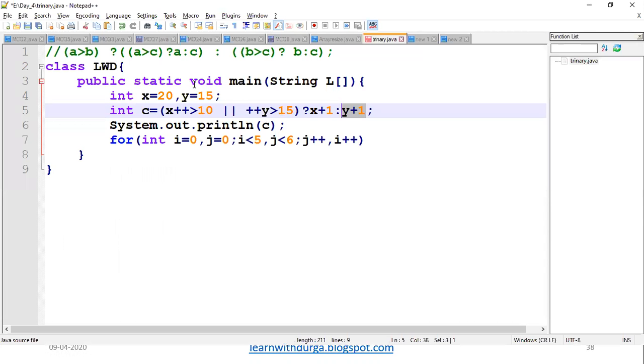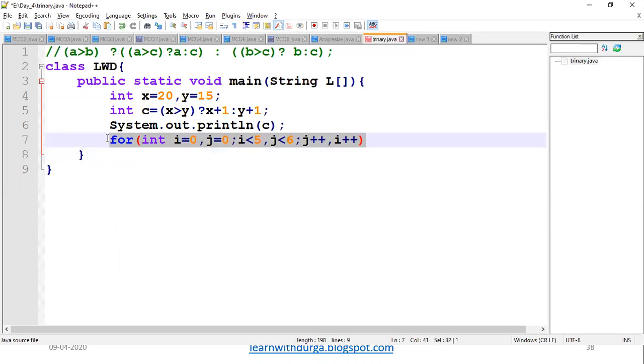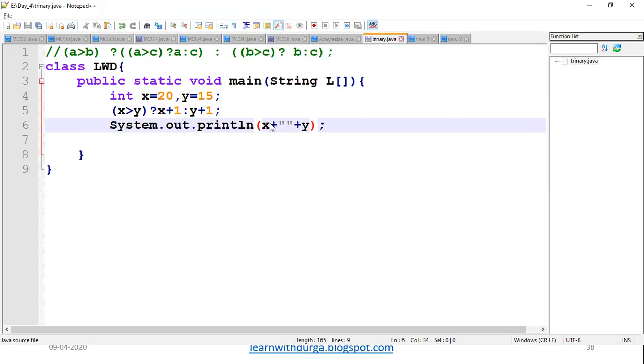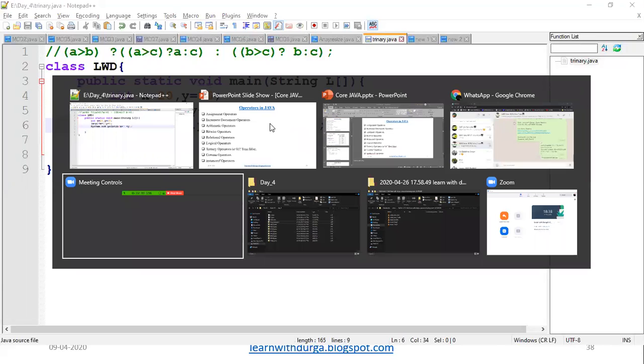So let me go ahead with a very simple example. I don't want this big example. I just have x greater than y. If x greater than y, I have to go ahead with printing the assignment x plus 1. If I just give this condition alone, with a value x greater than y or whatever it is, and I print x and y, what will happen? This is going to throw an error, statement invalid. Why? Because in Java we don't have any permanent memory allocation.